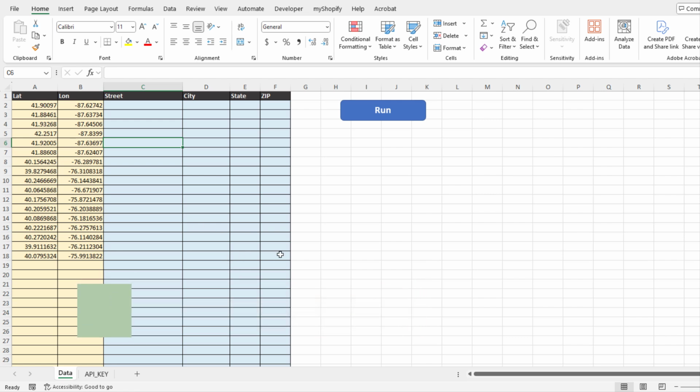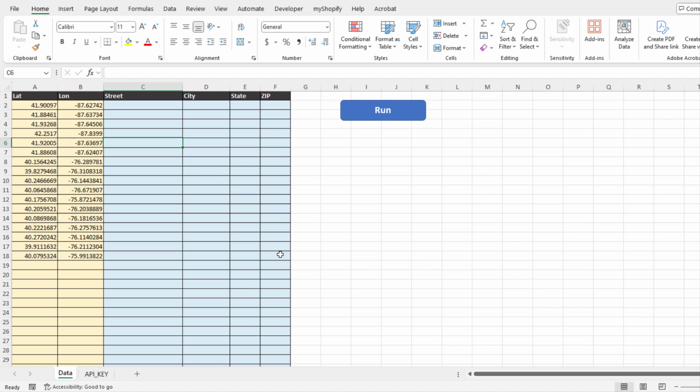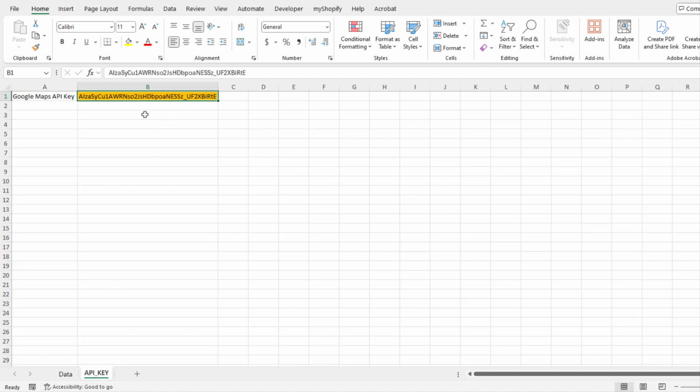As with all of our tools, it's built in Excel. There is nothing to install. It uses the power of Excel combined with the Google Maps API. In this case, we're using the geocoding API. I do have a video, you can click on the description, on how to set up the Google Maps API, so it'll be a conversation for another video. But in this case, once we've done that, we paste our API key here, which you've already generated,